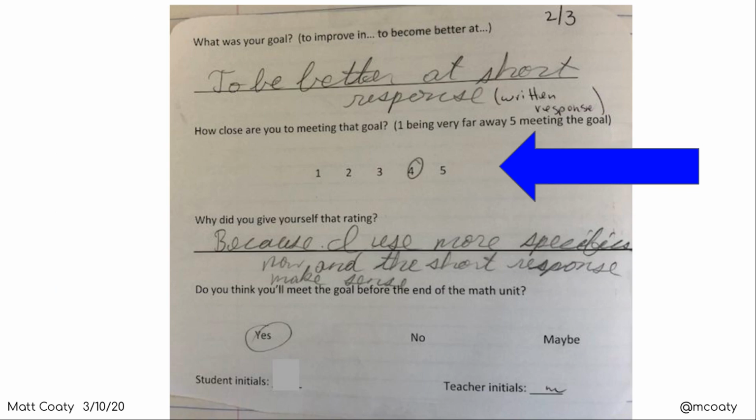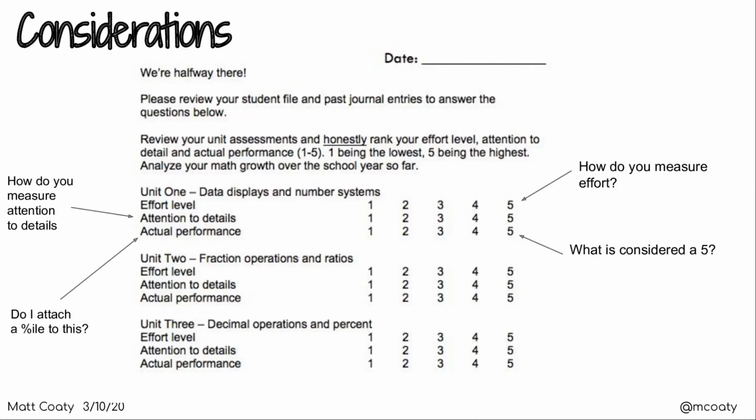Here's another version of it using a scale. I have found a scale to be pretty useful, especially for the kids in 4th and 5th grade. When I first started this, I said, have you met the goal or not yet? And I had kids circle the middle. I wanted students to be able to show if they were close to meeting it or not yet.